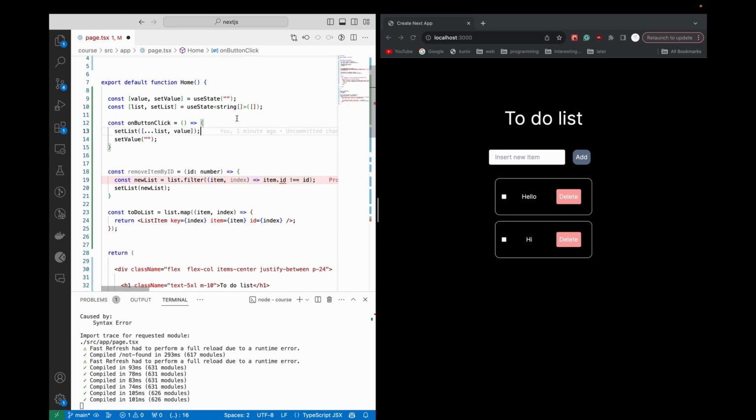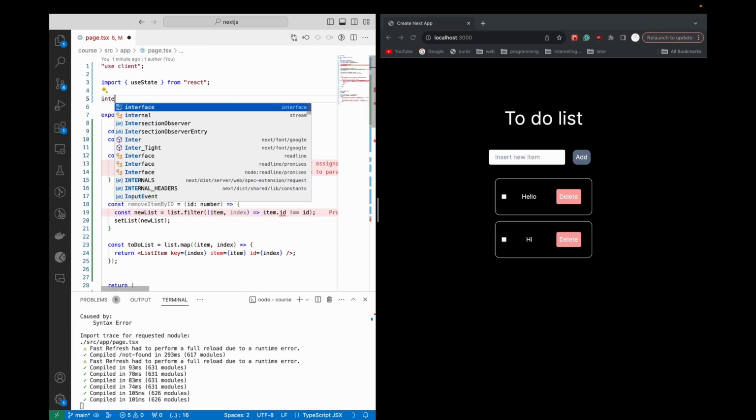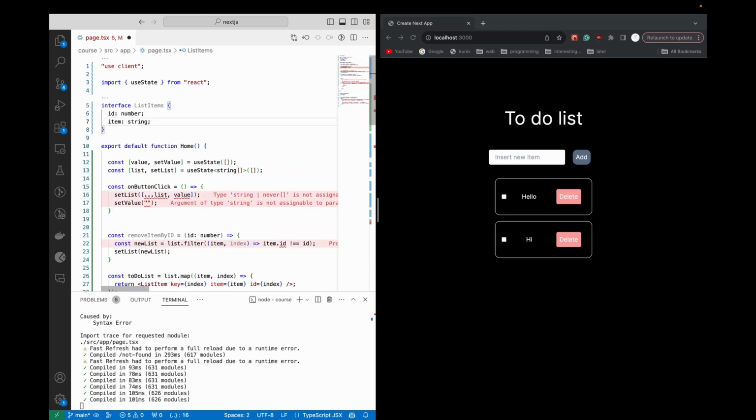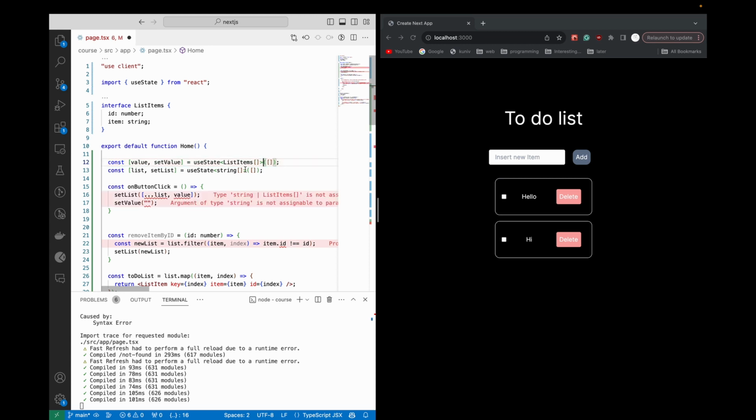This isn't so what I want to do is make my list be a list, an empty list of interface list items. Okay, so it's gonna have an ID and the item itself. So here I can just pass in list items. Okay, much better is doing it like this. Okay,